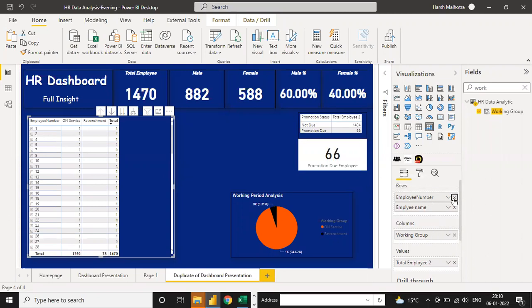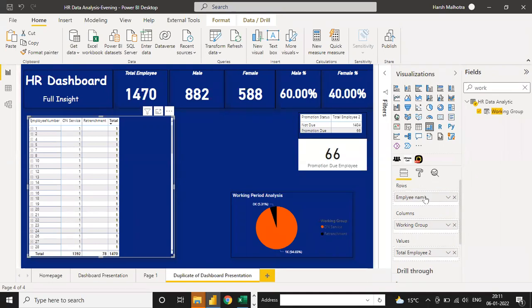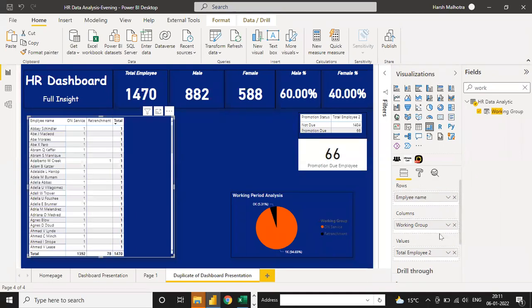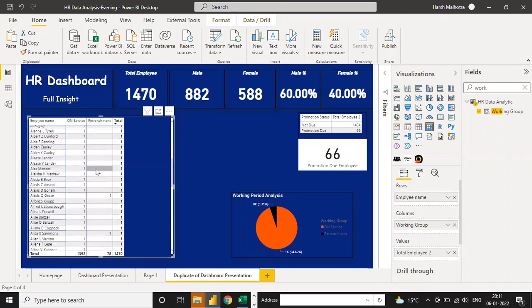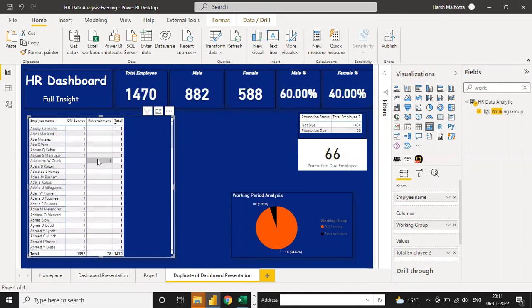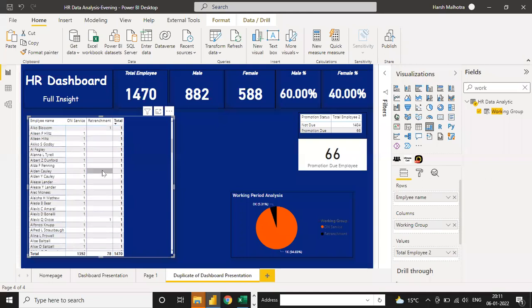Let me go to this. Select this. Go. Working group on service and retrenchment. So you can see these are all the number of employee 1. These are the retrenchment people.